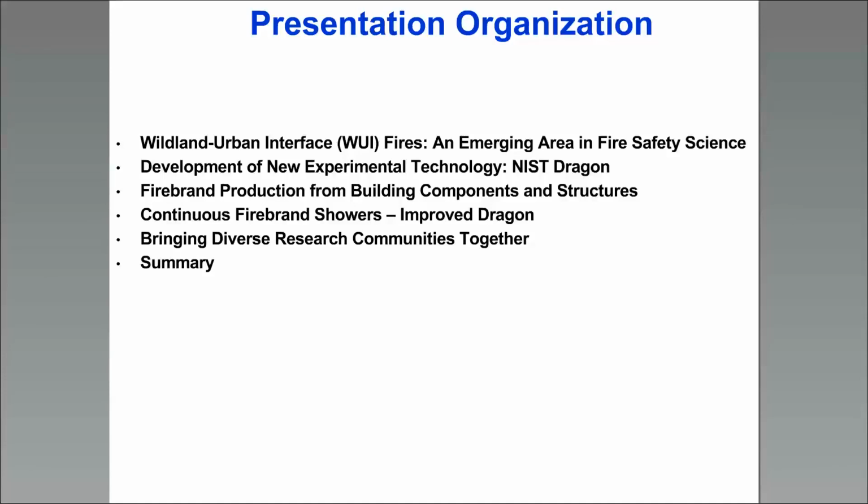Basically, I'm going to be giving an overview of the NIST Dragon technology. I think in the past when I was invited, Steve Quarles gave a presentation from IBHS, and you've probably already seen that in their wind tunnel, they're basically using our Dragon technology. So if you're familiar with that facility, you're going to see how the Dragon was basically started here